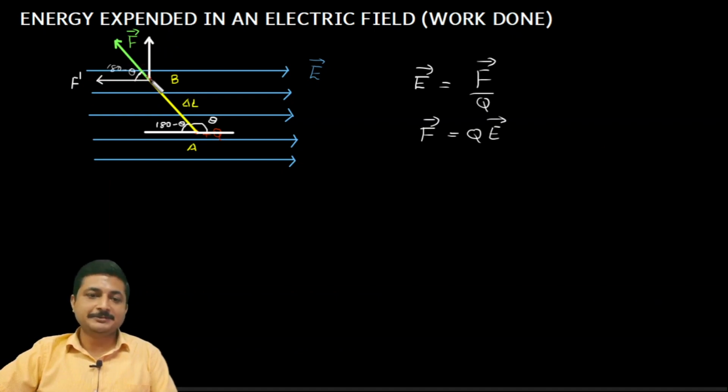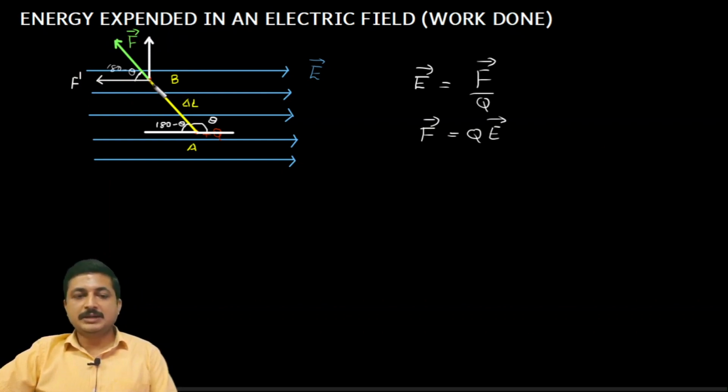Mathematically possible. If I consider this as a completed triangle, this side and this side is what I am interested in. So I will go with cosine. So cosine of 180 minus theta can be F dash by magnitude of F, because F dash is considered as magnitude. So this side by this side will give me cosine. So from that I can easily write what is F dash with respect to my actual force F.